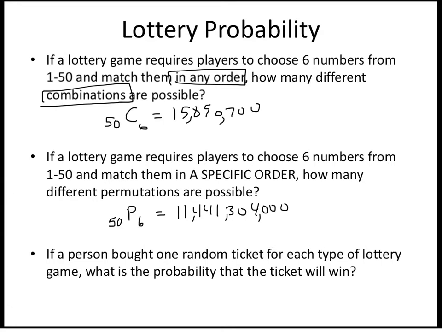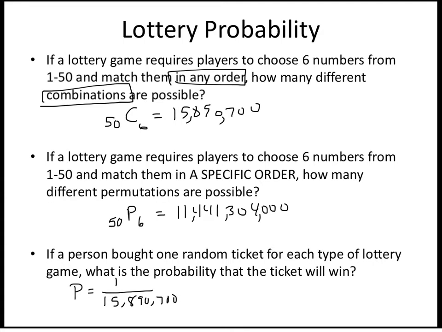So if you're out there playing any lottery games once you turn 18, be aware that if you are required to play numbers in a specific order, then your chances are much less than if it's in any order. So say you buy one ticket at random. Your probability is going to be 1 over however many total different combinations. So 1 over the